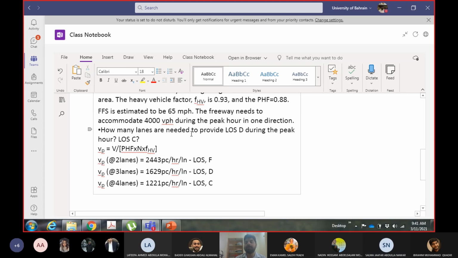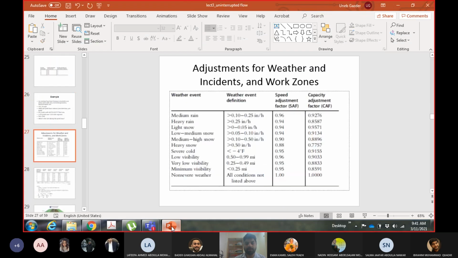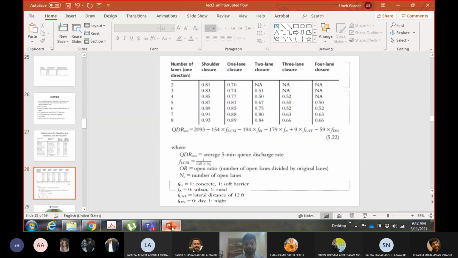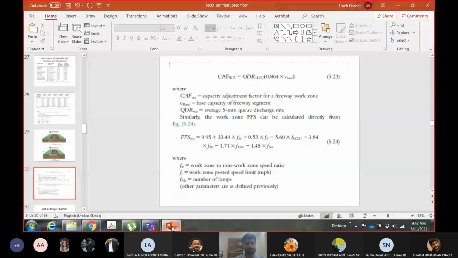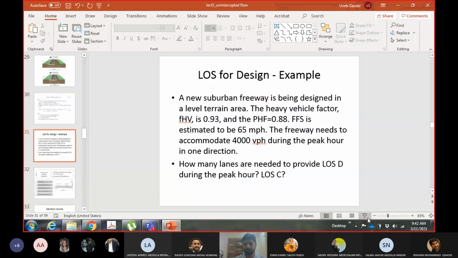So when you said 4 lanes, we meant an 8 lane freeway. And when you said 2 lanes, we meant a 4 lane freeway. This is why we cannot have 1 lane, because that will make it a 2 lane highway. 2 lane highways are not freeways, and we are not discussing 2 lane highways in this discussion. So you cannot start from 1, and whatever number of lanes you get in the end, make it double.